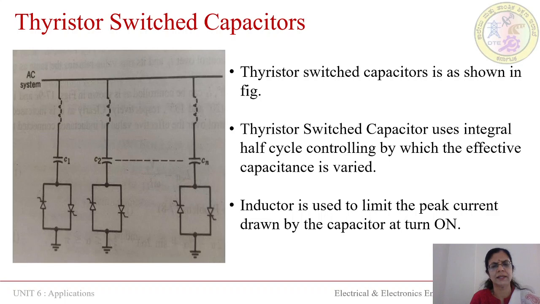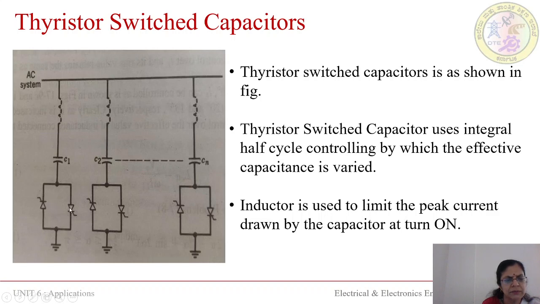So we know that the basic circuit of a thyristor switched capacitor will be like this. We know the current through the capacitor leads the voltage under steady state condition. Therefore, the voltage across the capacitor is maximum when the current is 0. So here, if you call these T1 and T2, T1 stops conducting when VC, the voltage across the capacitor, becomes maximum. So the firing pulses for T1 and T2 are blocked.